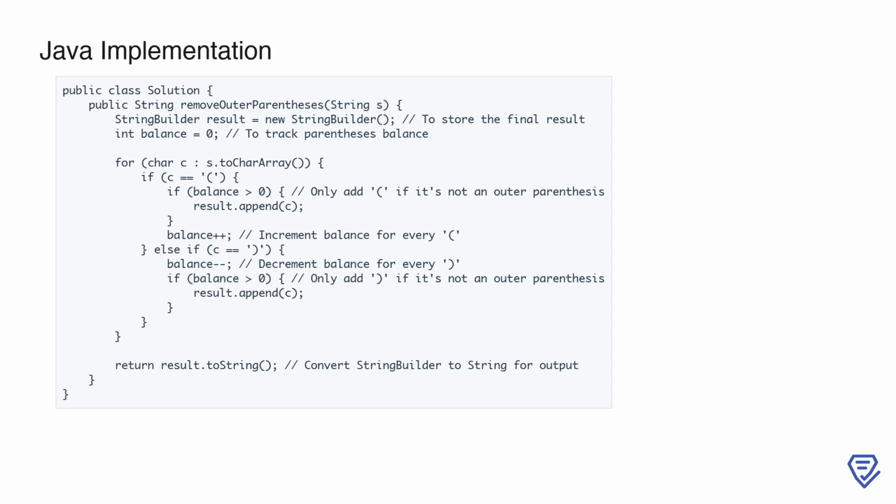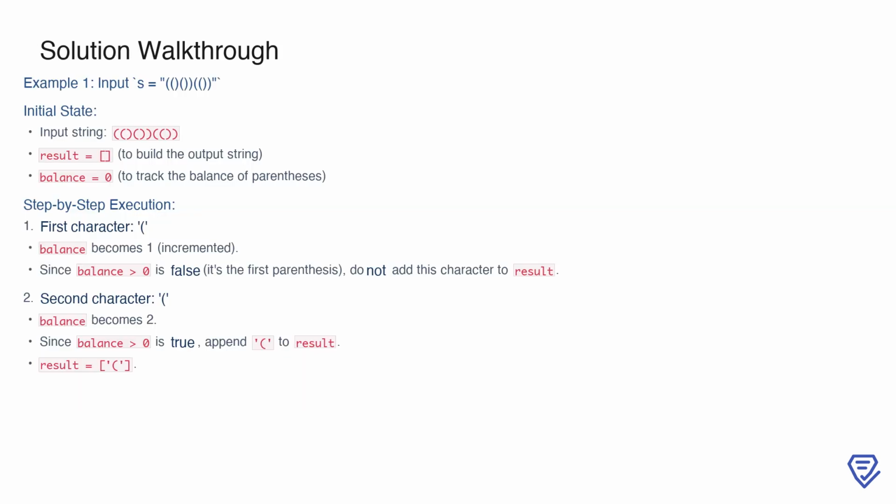The key difference lies in Java's type declarations and the use of enhanced for loops for iterating through the character array. This approach ensures O(n) time complexity, where n is the length of the input string. We begin with the input string. To solve the problem, we initialize an empty list called result to store the characters that will be part of